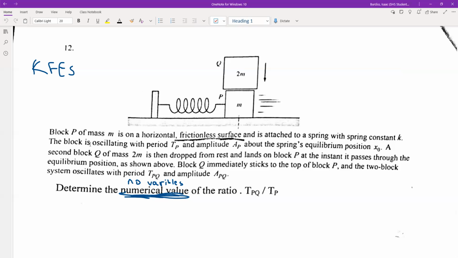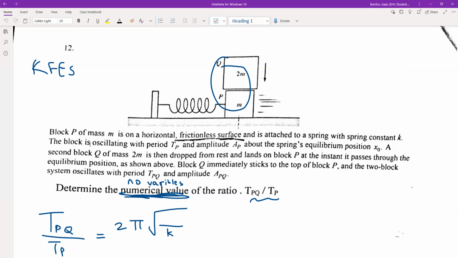And for the ratio of the period of PQ divided by the period of P. So that might seem hard, but it's not. Really, we're just trying to find period of PQ divided by period of P. They are both springs, so we know it's going to be 2 pi times the square root of m over k, but PQ includes both of these. They have masses 2m and m, so it's going to be 3m for the mass on here. That's something important. And then here it's just P, so that's going to just be m